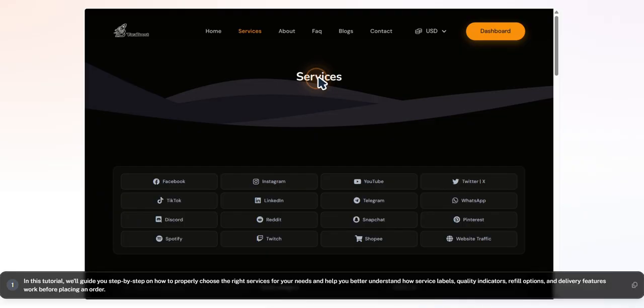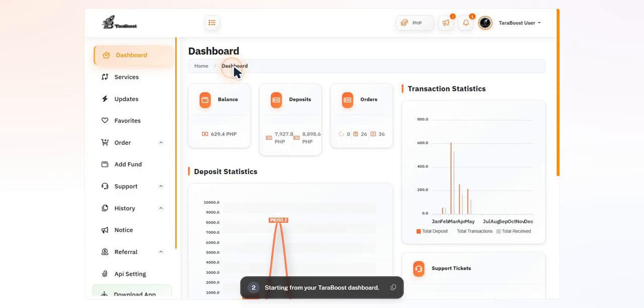Welcome to TaraBoost. In this tutorial, we'll guide you step by step on how to properly choose the right services for your needs and help you better understand how service labels, quality indicators, refill options, and delivery features work before placing an order. Starting from your TaraBoost dashboard,